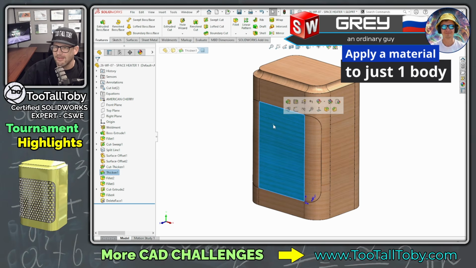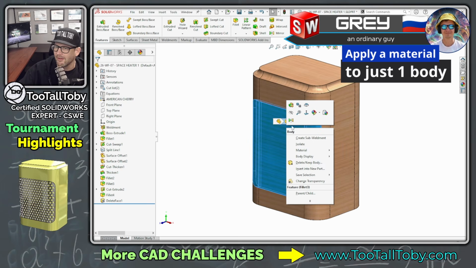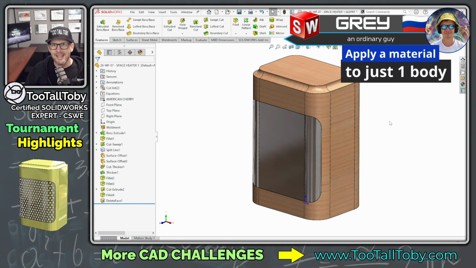He clicked on the face of the model and then pressed the letter D, D as in Delta, on his keyboard, brought up this breadcrumbs menu, and then did a right click here on the solid body, went to material, and then applied a material from the material's favorites. And I cannot think of a better way to do this, and this is absolutely going into my standard workflow